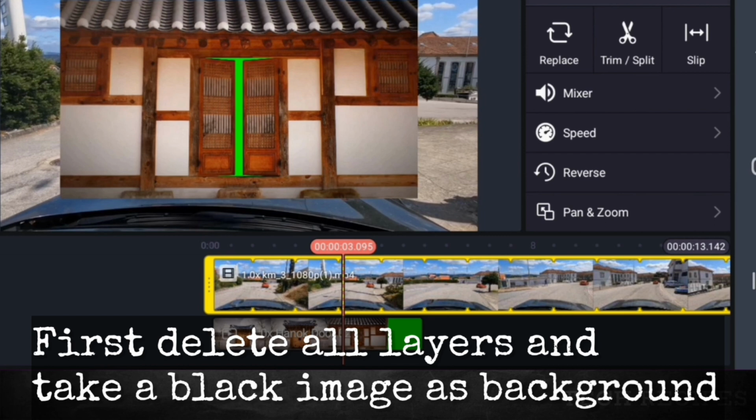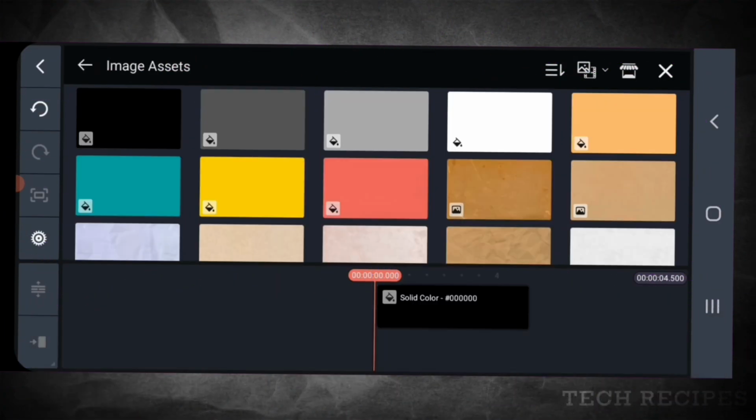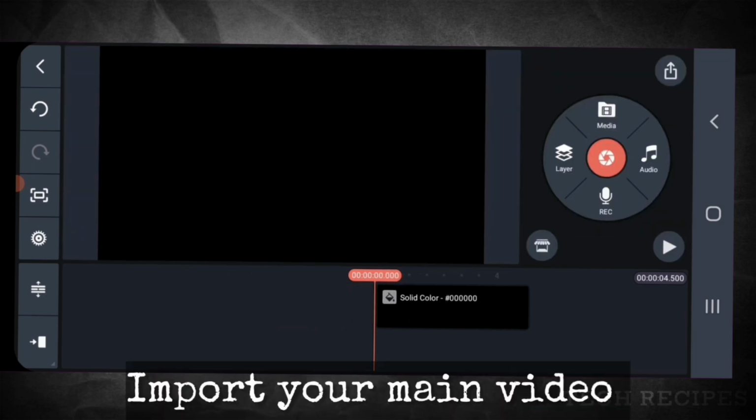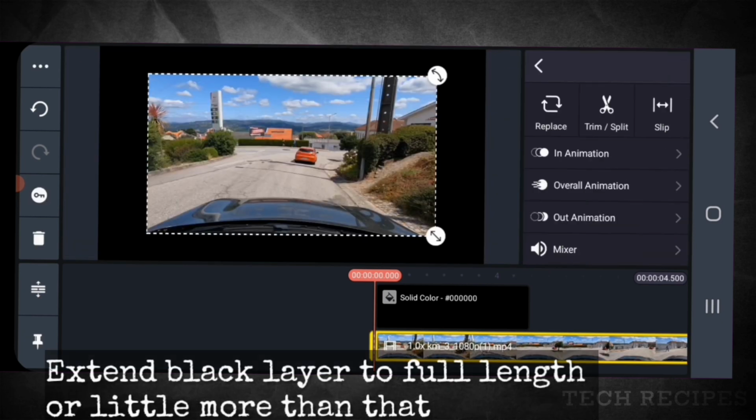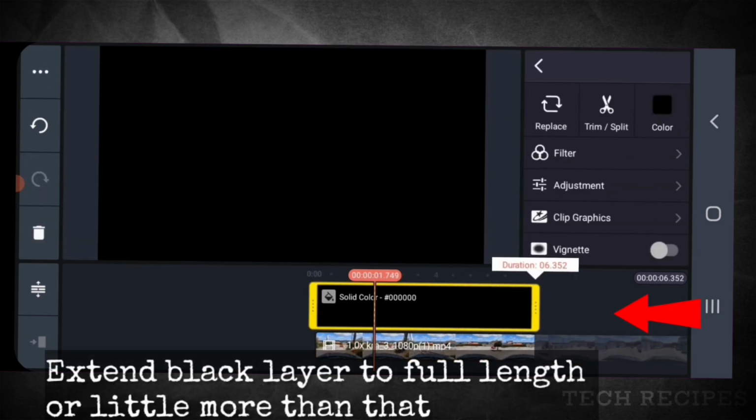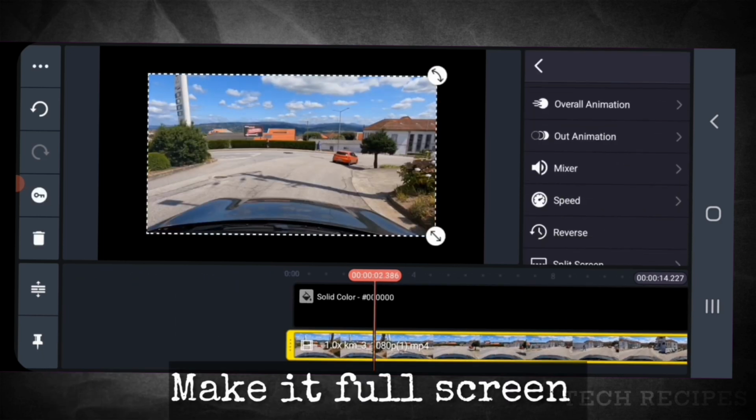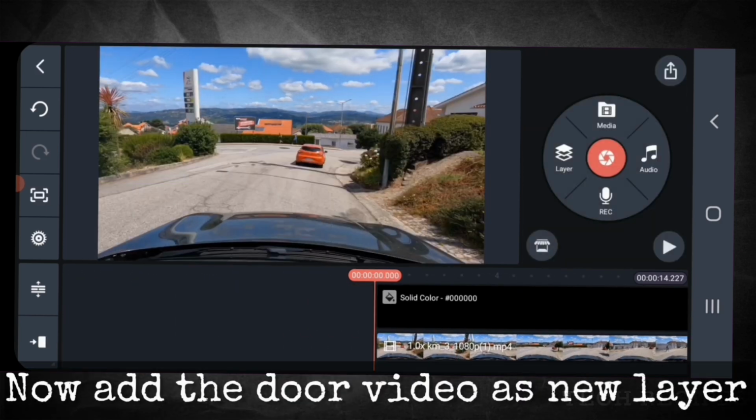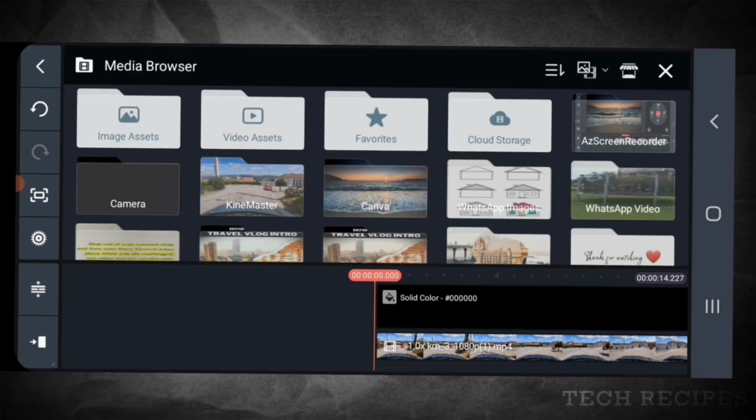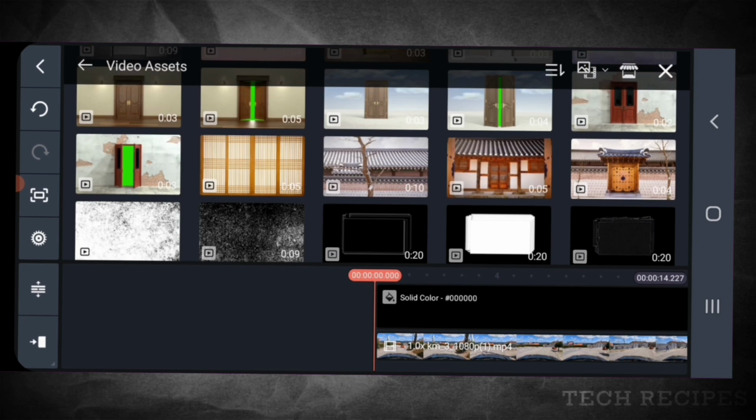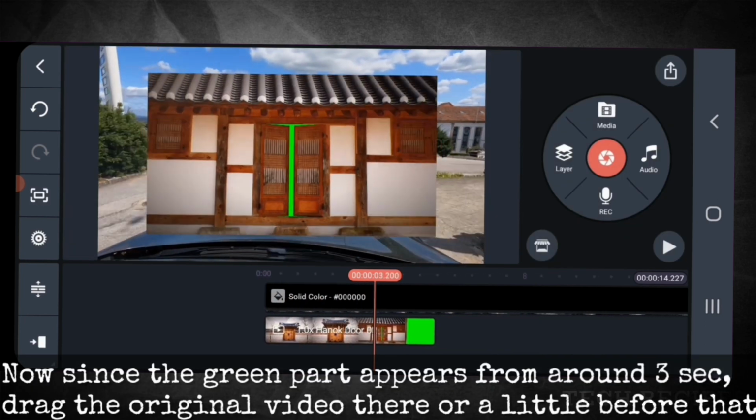First, let me delete all layers and take a black image as background. Now import your main video. Extend the black layer to full length or little more than that. Make it full screen. Now add the door video as new layer as before. Since the green part appears from here around 3 seconds,